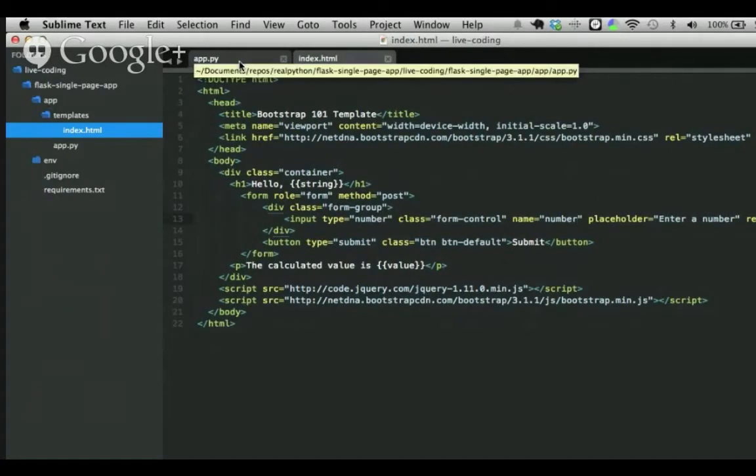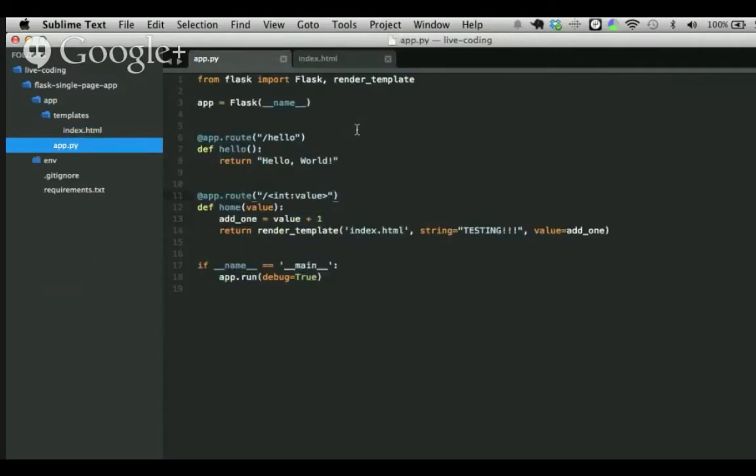And then back within our app.py file, let's go and make some changes to this main view function. So first, let's remove the query parameter part here. And then let's add some other methods here. So we'll do a get as well as a post. And so by default, routes are set up to respond to GET requests. However, since we need to handle a post request, as we're going to be sending a value to the server side via a form submission, we need to actually explicitly add the post method to this route. So then we can remove the query parameter here.